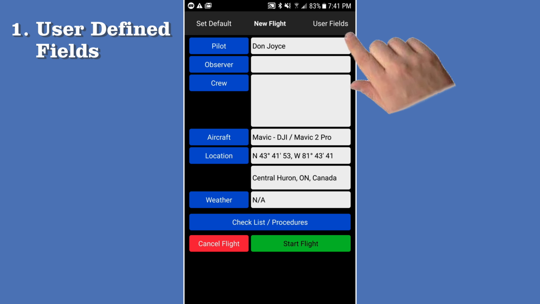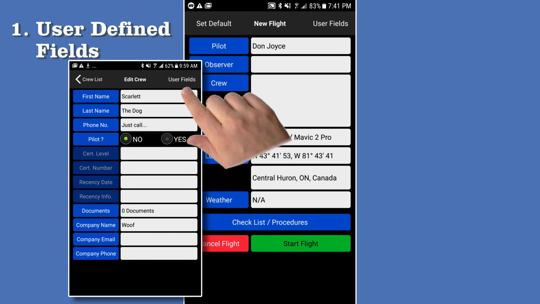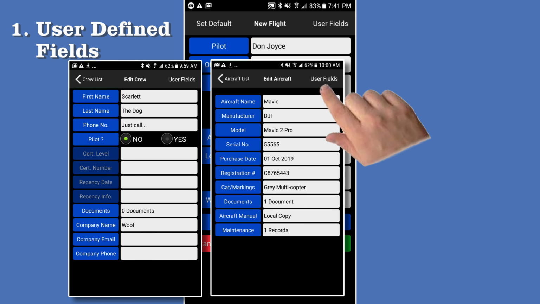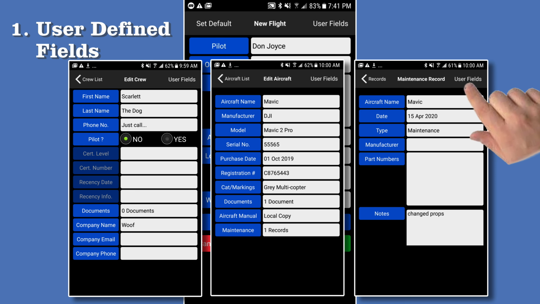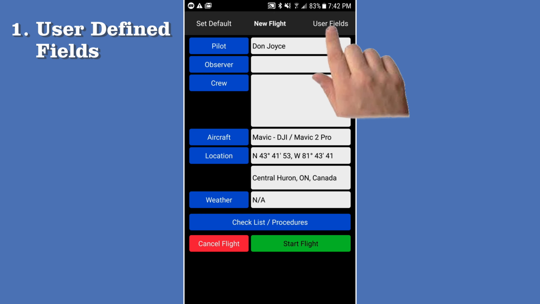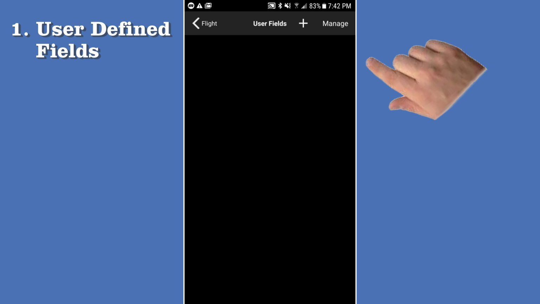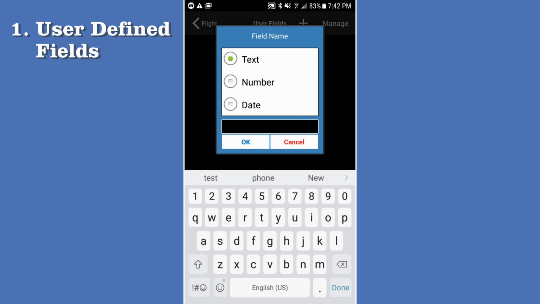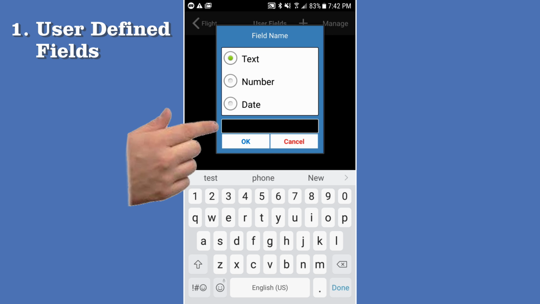You will also see this User Fields button on your pilot screen or your crew screen, your aircraft screen, and maintenance screens. They all work the same way. Tapping on it, you'll see your current user fields, which is nothing right now, of course, because I haven't done it. So if you tap the plus sign, you can now define your new field. You type in the name of your new field, say battery,